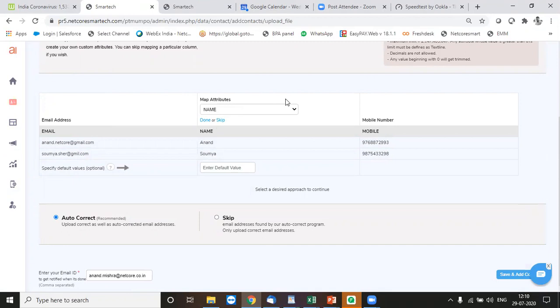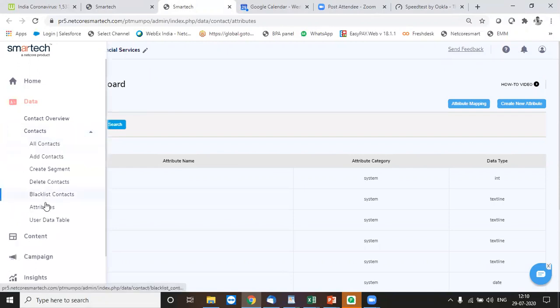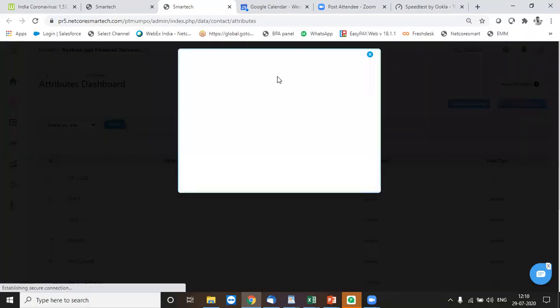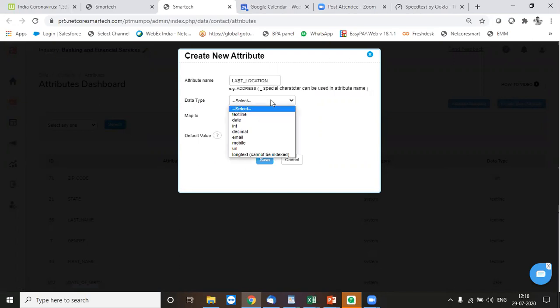Or if you don't want to get this option over here, then you can just go to the attribute section, as I mentioned, in the contacts attribute section, and here you can click on create new attribute and define it one time over here. And define its data type.